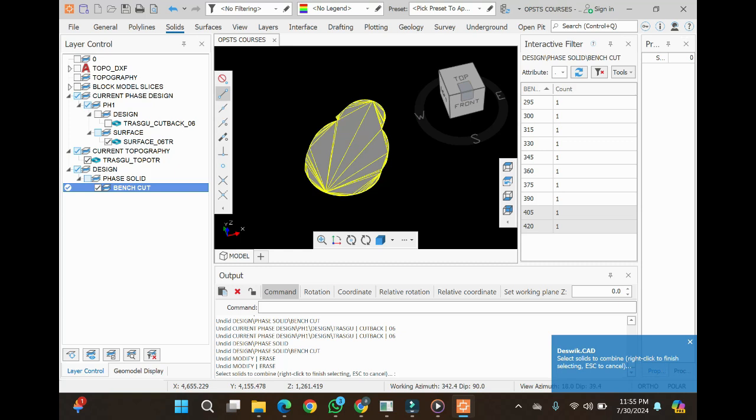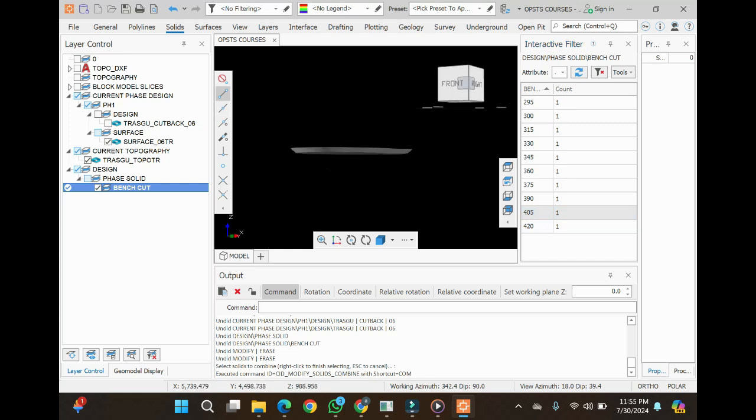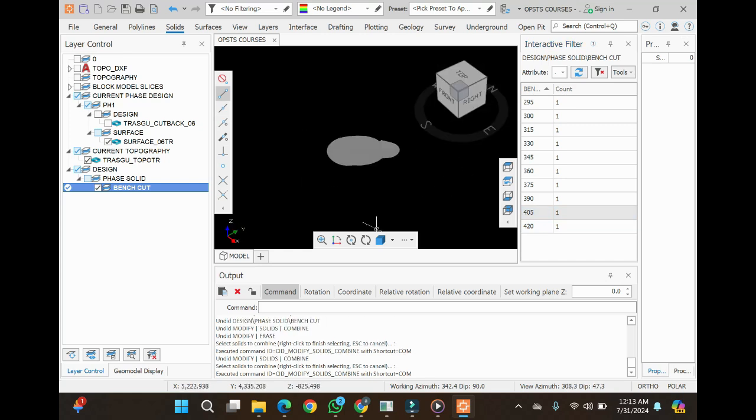right click. Now, when I click on the 420, I don't have anything. When I click on 405, it has become nine benches. Now, to actualize the benches, refresh on the vector filter, and here is your final list of the benches. Now I want to separate the solid